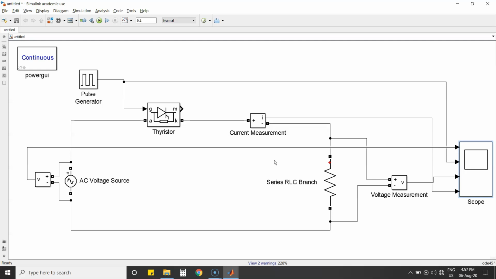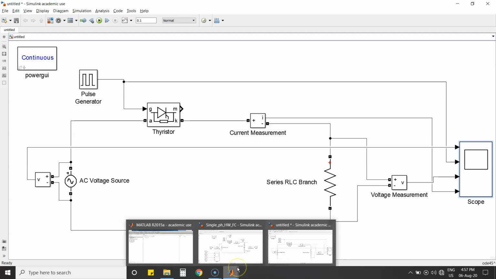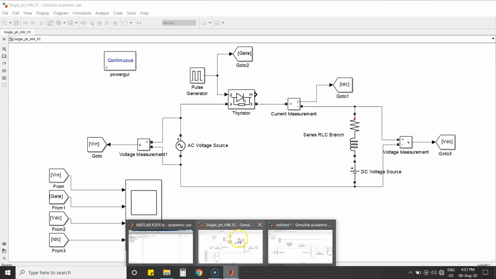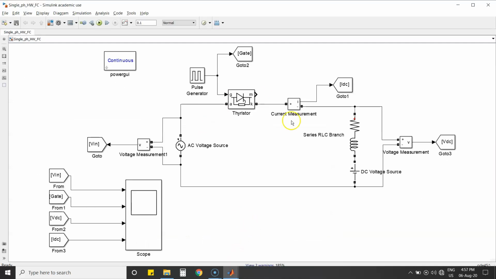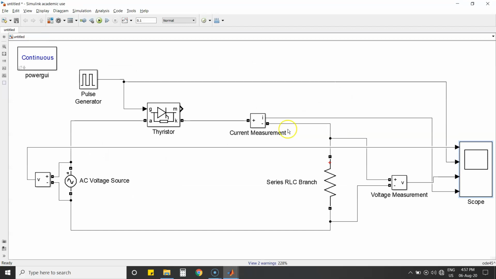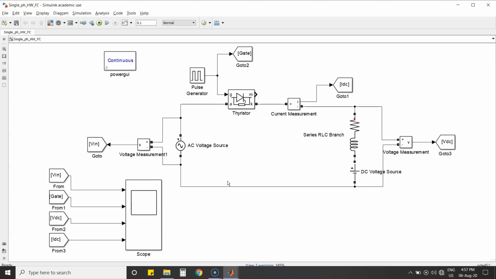For that we can make some changes and make it look like this. Just compare the circuit diagrams, both are the same single phase half wave fully controlled rectifier with R load, but I have made use of two blocks, that is the Goto block and the From block.